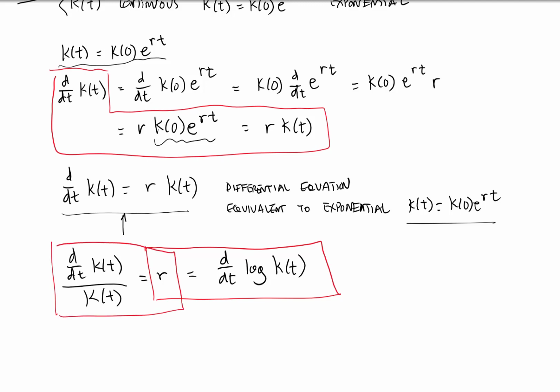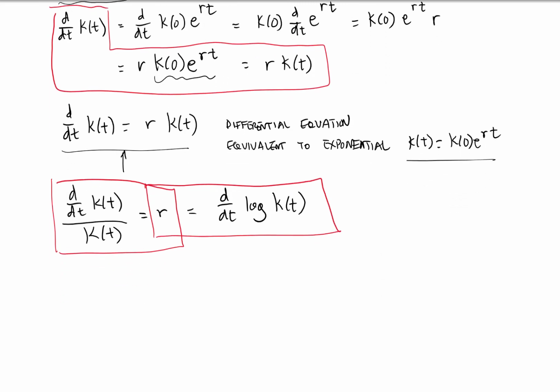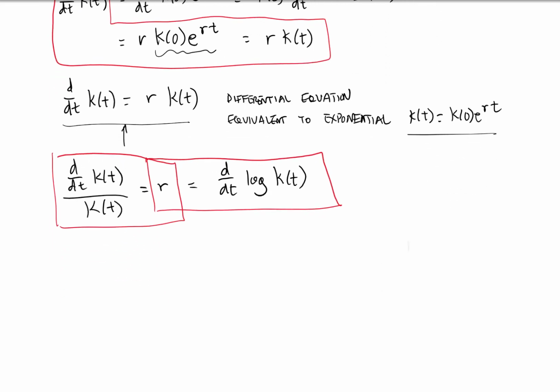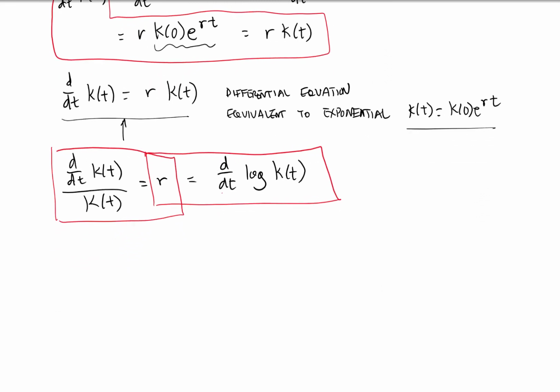Proportional change, and then this is also the change in the log. All of these describe the same model, and now we can see that the growth rate r is the slope of the log of k of t over time compared to time. So that's why we say